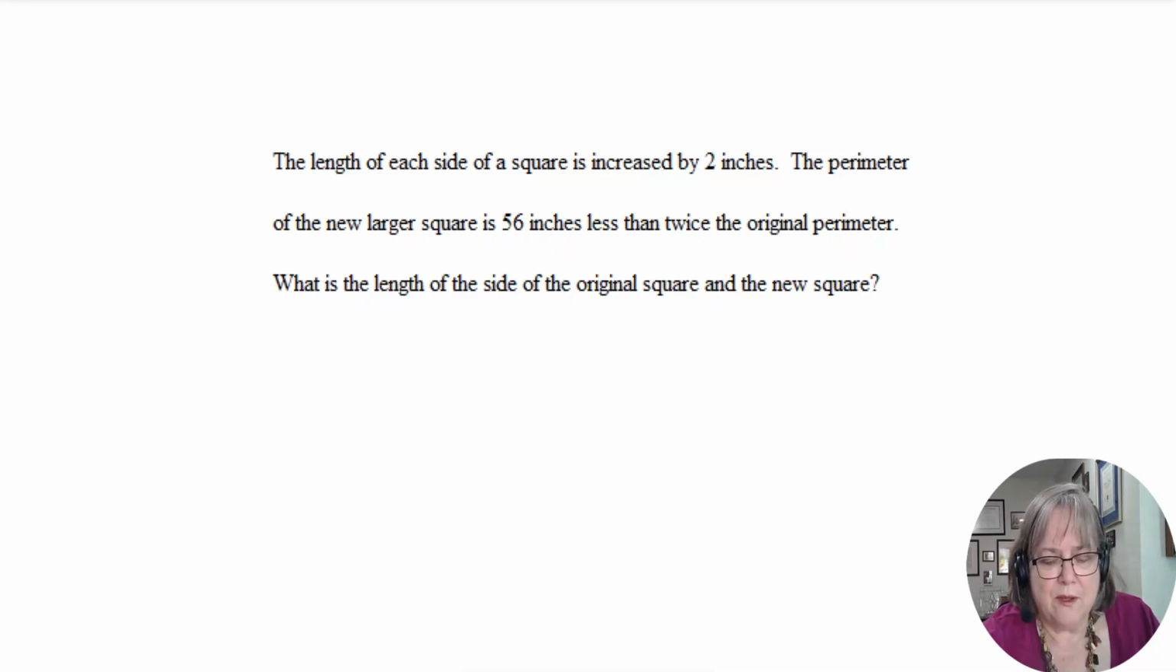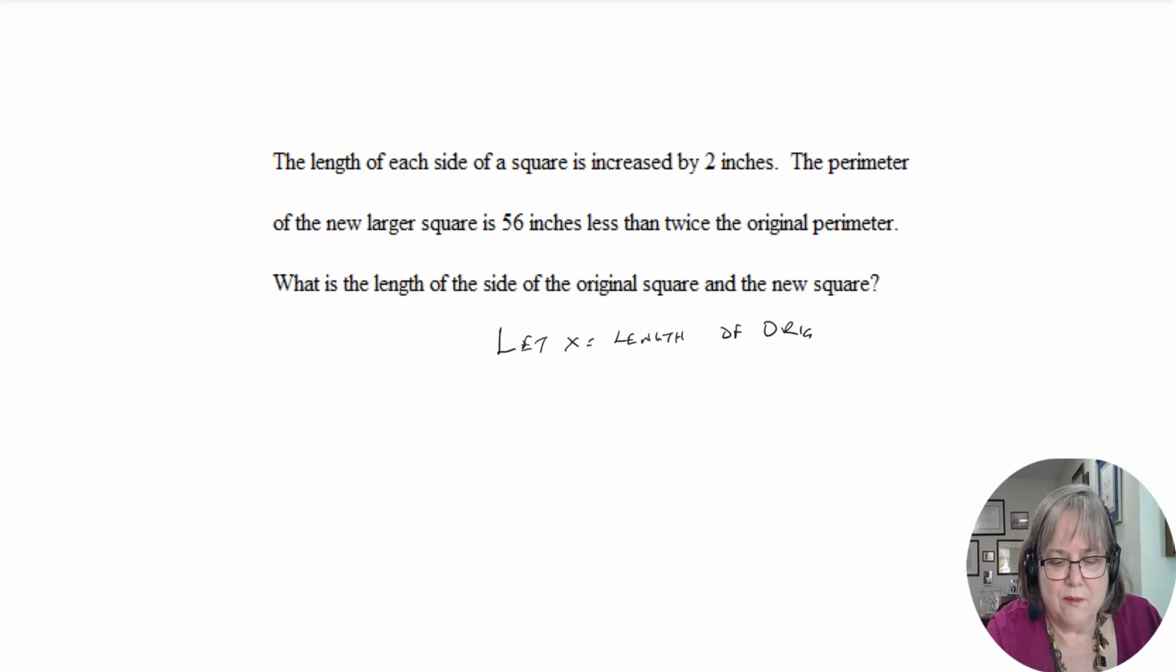Okay, so let's start with the original square. Let x equal the length of the original square side. Because you remember that for a square, as opposed to a rectangle,